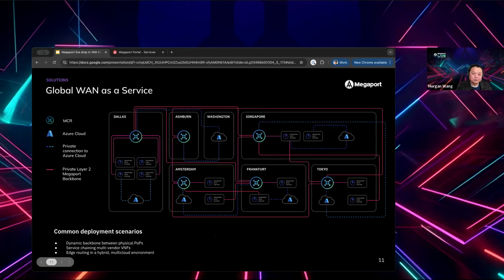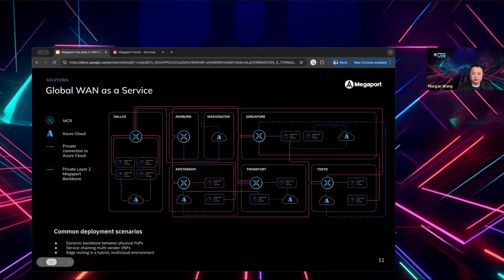But with this MVE loaded with an SD-WAN appliance, customers can actually use that virtual head-end to talk to the rest of the SD-WAN overlay network. And on the other side of the MVE, it can be a private connection directly into cloud without a rack or a physical router in any data center. That's probably something customers can leverage as part of the Megaport offering.